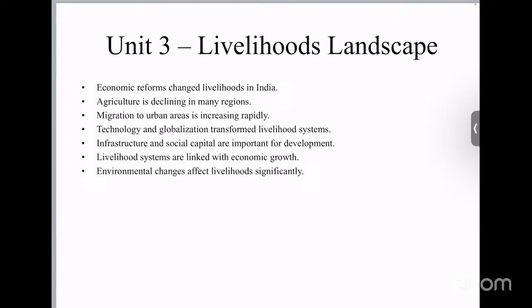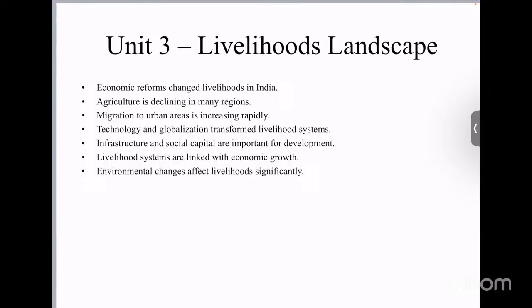So, agriculture was once considered the backbone of the Indian economy. Most rural households depended directly or indirectly on farming activities. However, over time, the farm sector began facing multiple problems. Like low productivity, water scarcity, and rising cultivation costs. Also, the soil fertility was reducing, and there were unstable market prices.